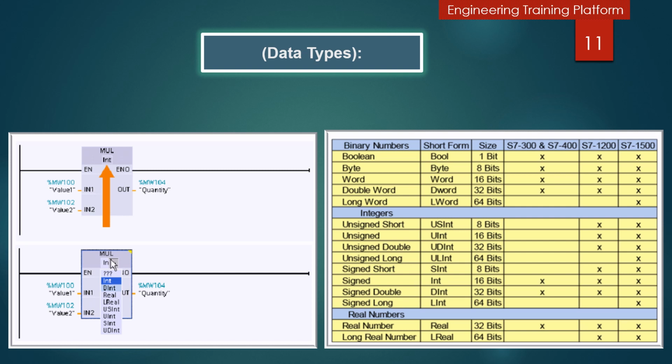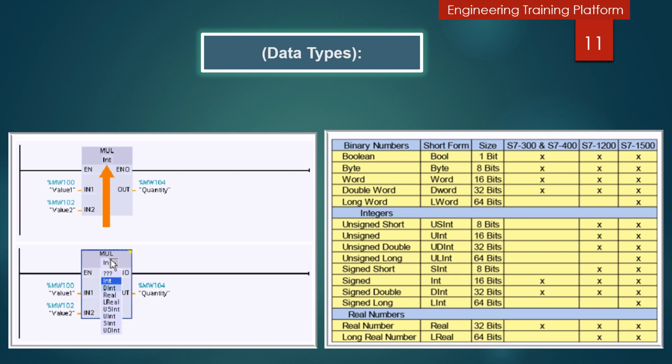For example, the graphic shows multiple instructions with assigned integer data types. As shown in the lower part of this graphic, the instruction's data type can be easily changed. When making this selection, make sure that the data type is compatible with the instruction operand.